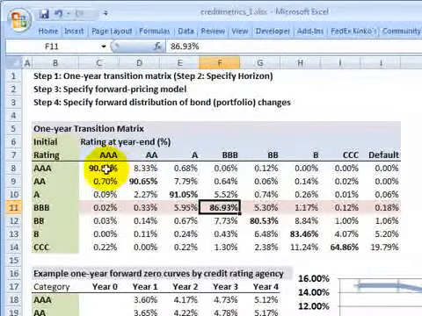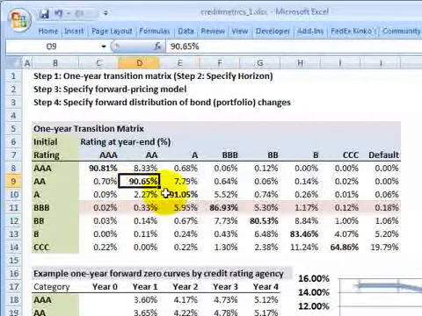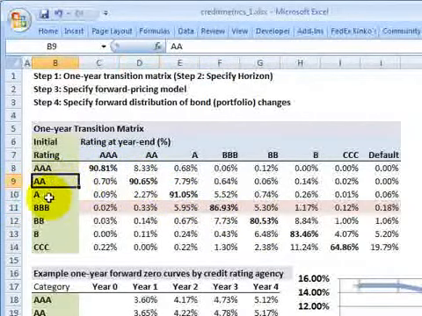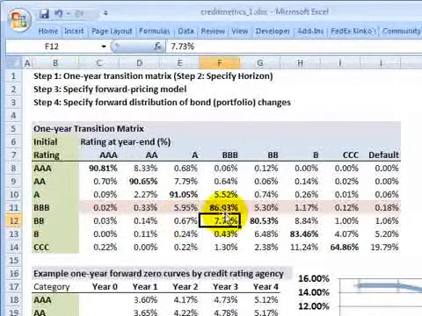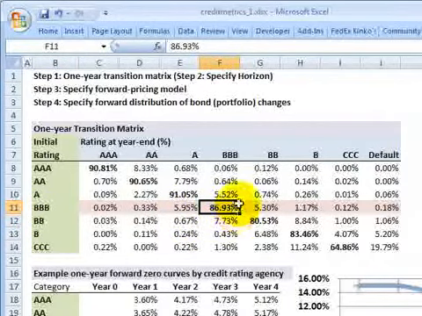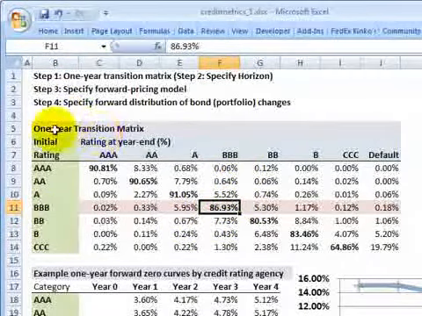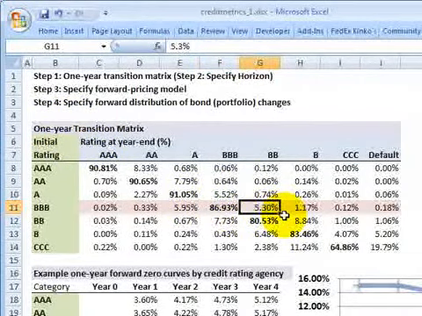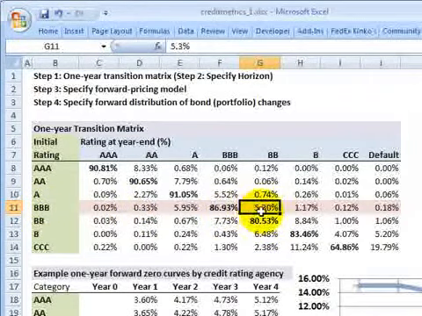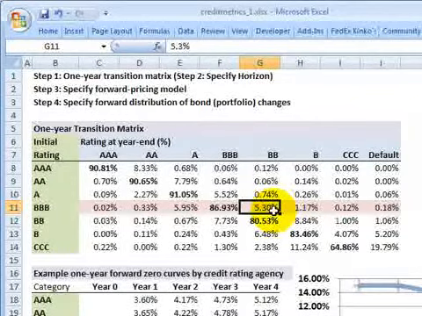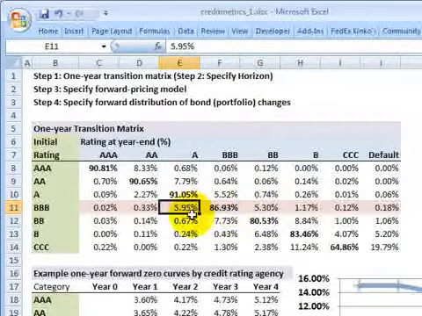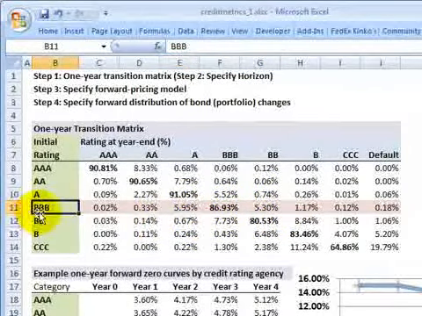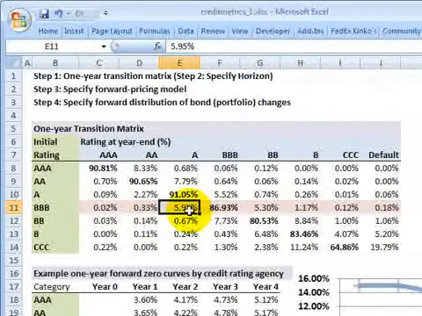And therefore, for that short period, the highest probabilities will be in the diagonals, because it's most likely that a double A will remain a double A. And in our case, a triple B has an almost 87% chance of remaining a triple B, at least during the 1-year period. Notice, but also, here there is a 5.3% chance that if we start at triple B, there will be a downgrade or a downward migration to the double B. That's the meaning of migration or transition in the matrix. Similarly, we have an almost 6% chance that if we start at a triple B, we can migrate to a